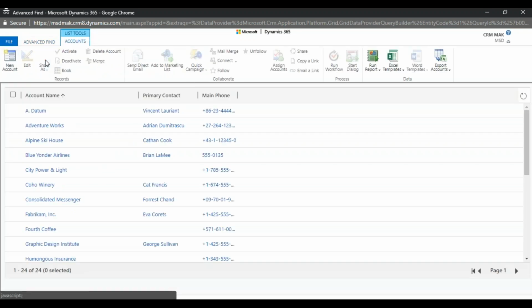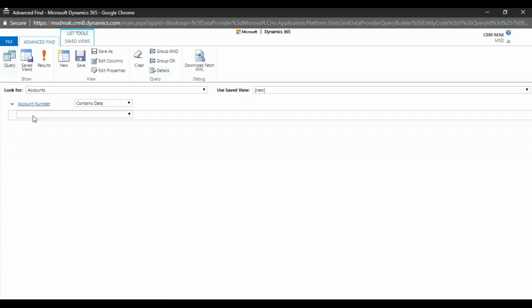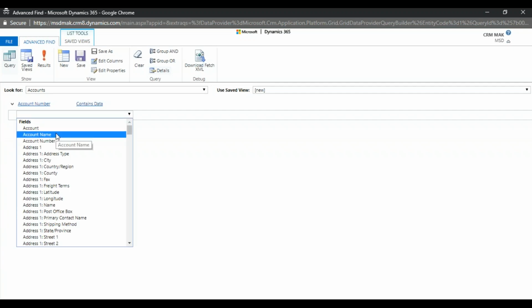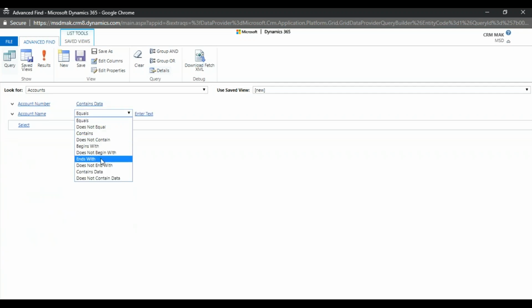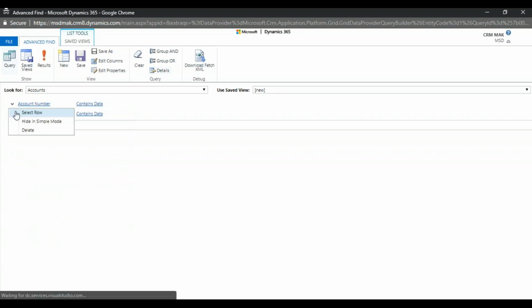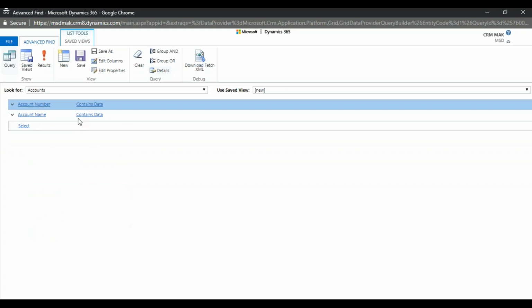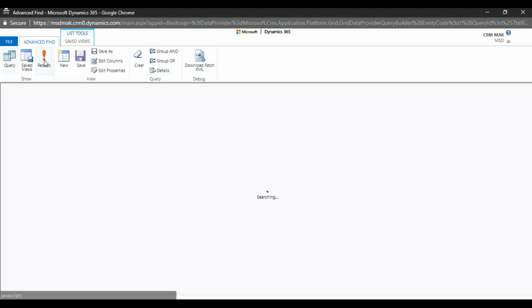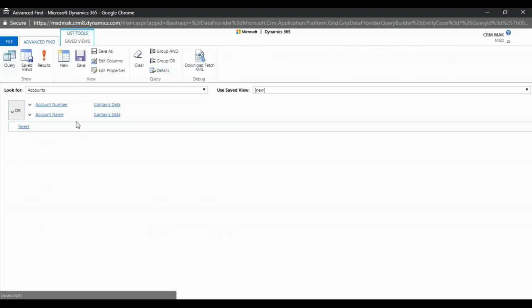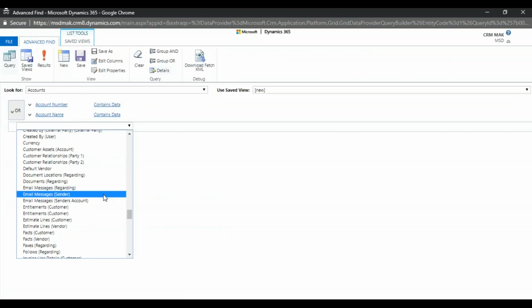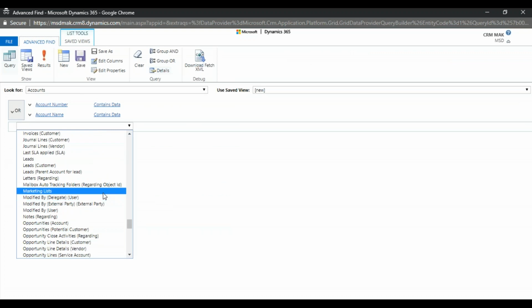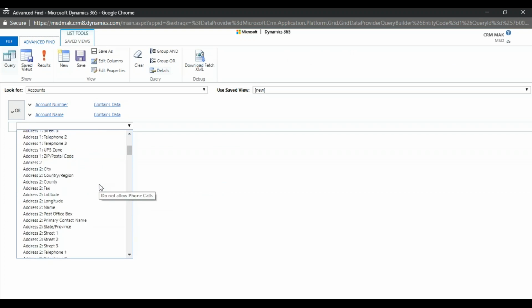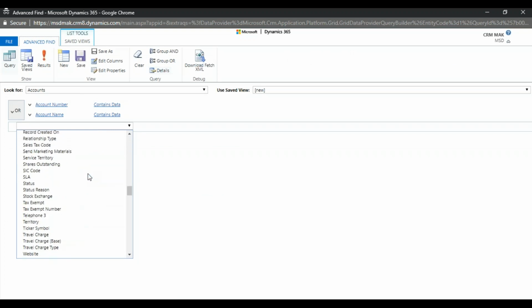On top of that, you can apply one more filter, or put in a join kind of thing, an and condition or an or condition. Here I can select a row and put an or condition like this, or you can have a join condition. If you want to join, you can put a related entity.